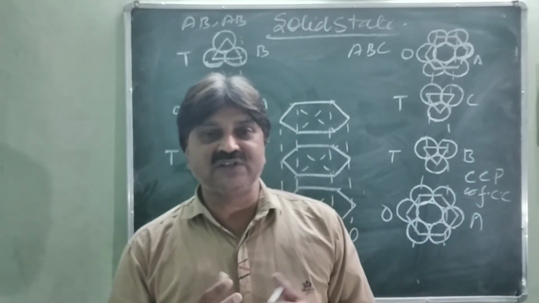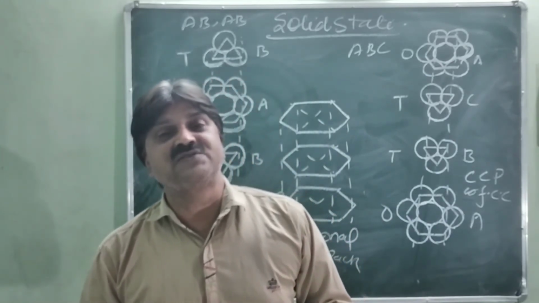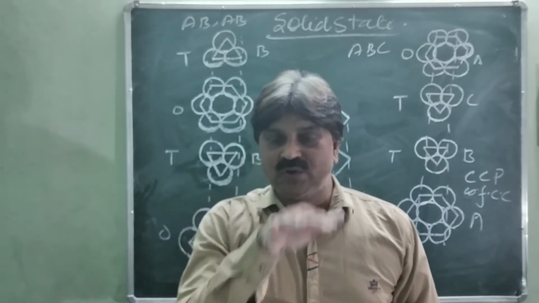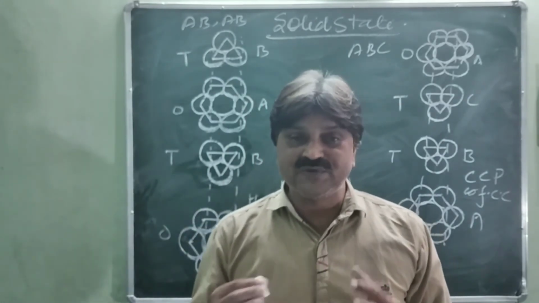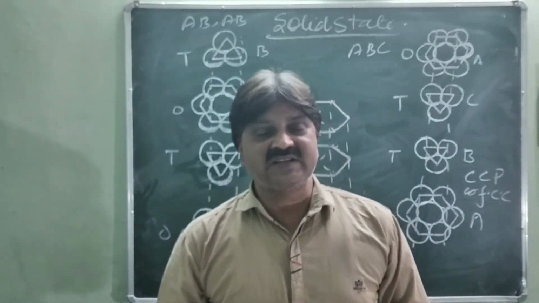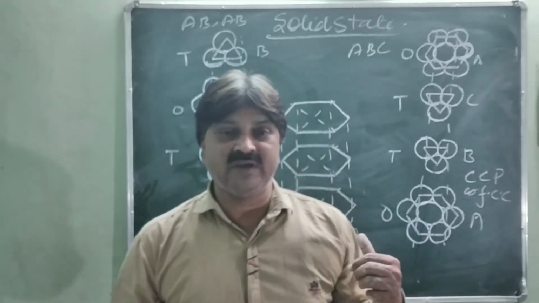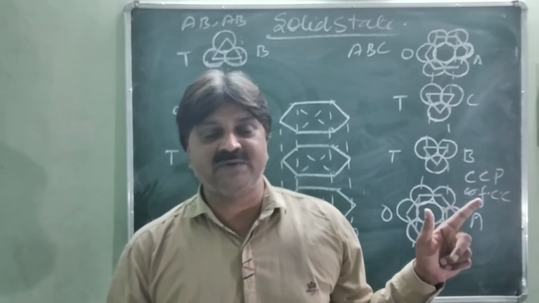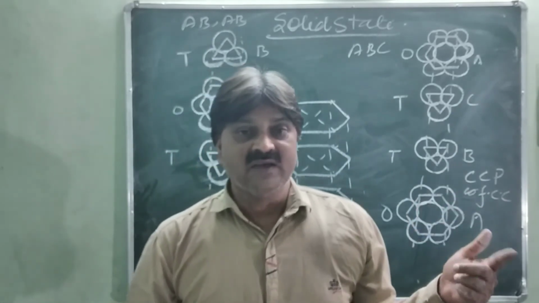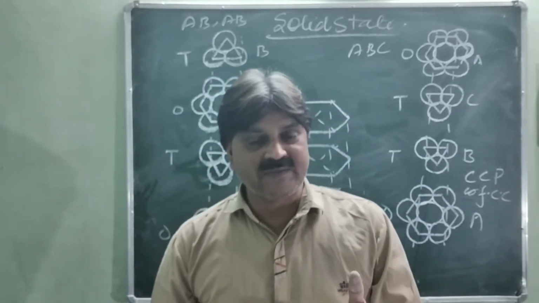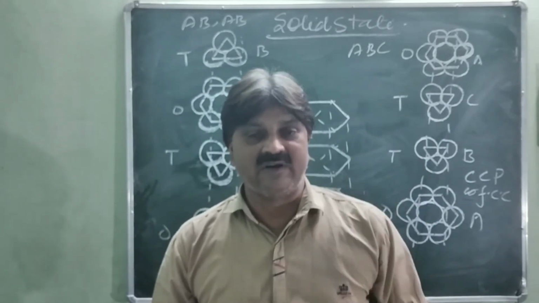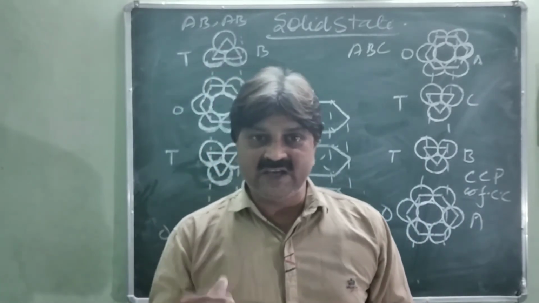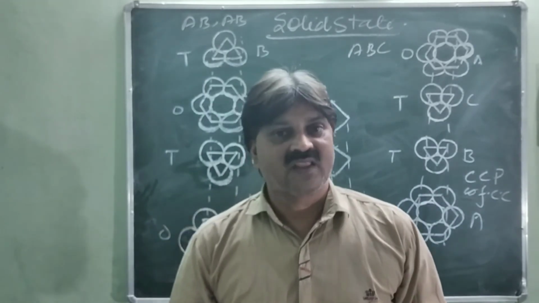Another way of placing the second 2 dimensional layer is just between the 2 atoms, and it is a more efficient solid. In the first case, square close pack is AA type of structure. Keep in mind, and just repeat again: in the square close pack 2 dimension, it is AA type, because of the same element. But in the hexagonal close pack structure, this is AB type of structure.